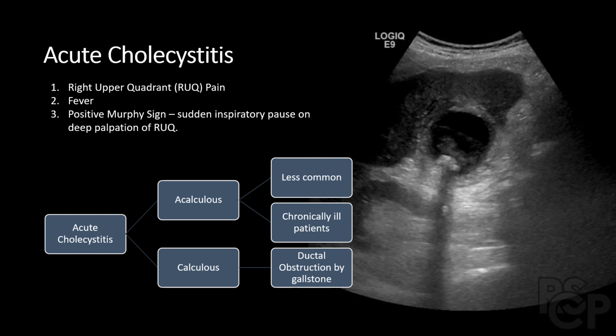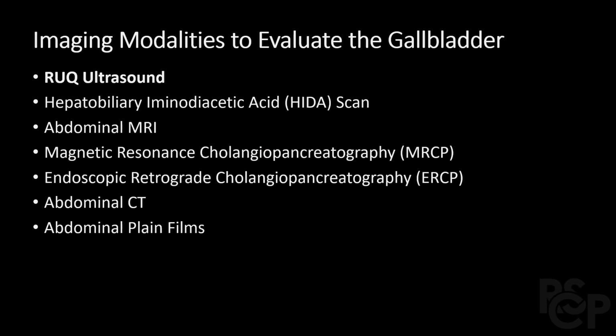The typical patient will present with the triad of right upper quadrant pain, fever, and a positive Murphy sign, meaning sudden inspiratory pausing on deep palpation of the right upper quadrant. The initial imaging study to evaluate cholecystitis and most other gallbladder pathologies is right upper quadrant ultrasound. If ultrasound findings are inconclusive, then a HIDA scan, abdominal MRI, or abdominal CT should be considered to confirm the